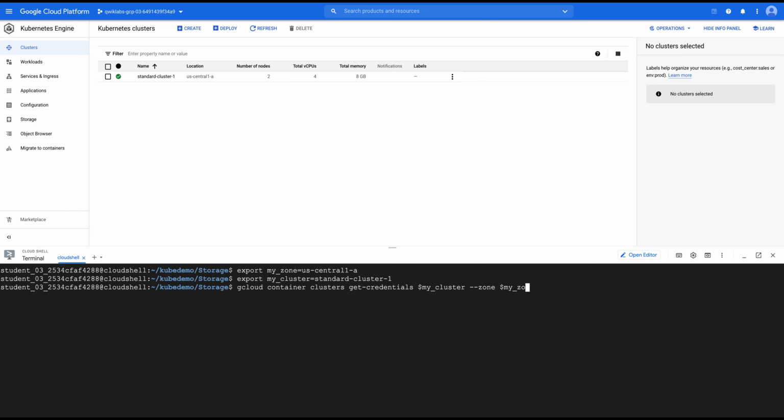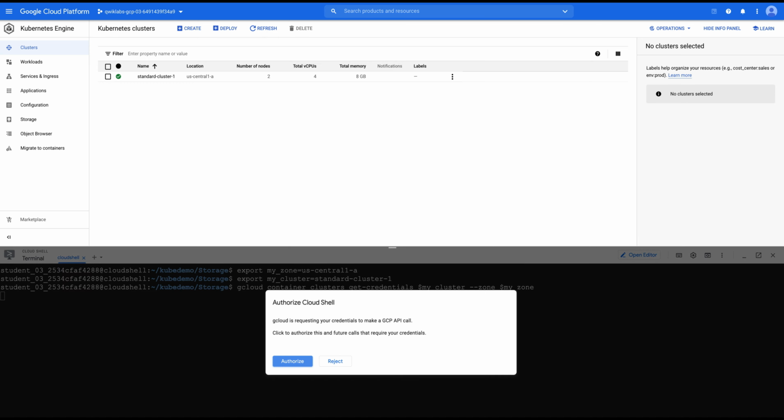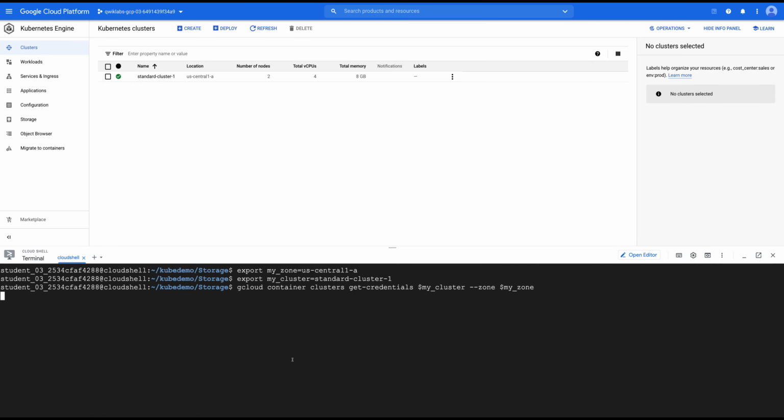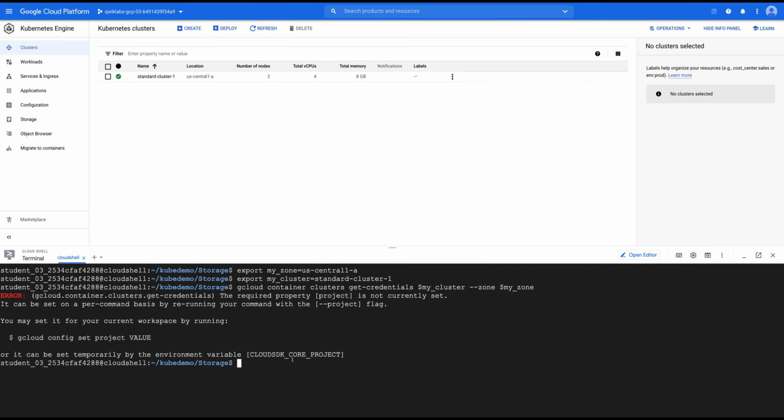Once we fire this, it's going to authorize, and I think I made some mistake somewhere. What is it saying? The required property project is not set, okay, so I need to set the project as well.